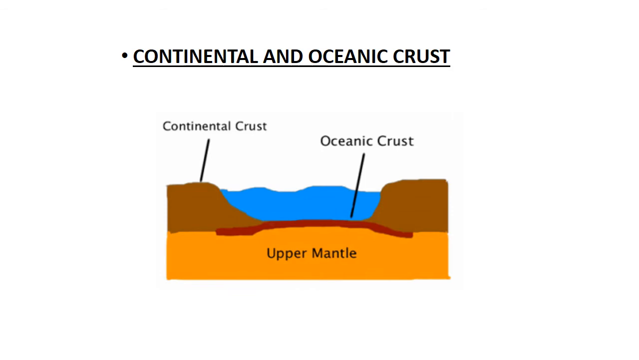The density of continental crust is 2.65 to 2.90 gram per centimeter cube. The thickness of this layer is approximately 30 kilometers. Granite rocks are mainly found in this layer. So, continental crust is also known as sial,